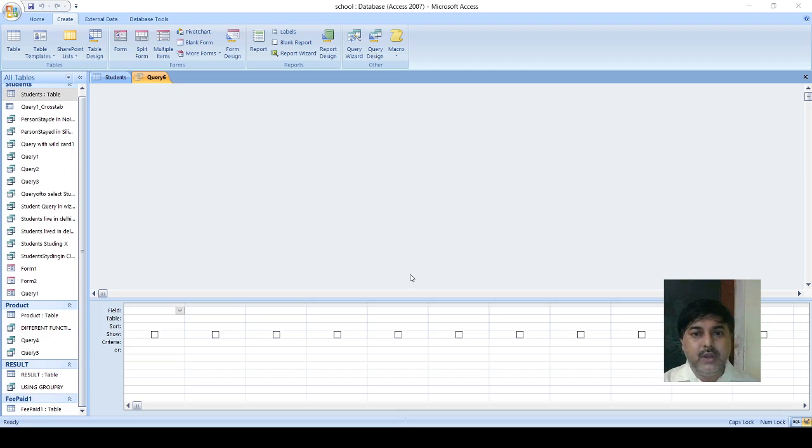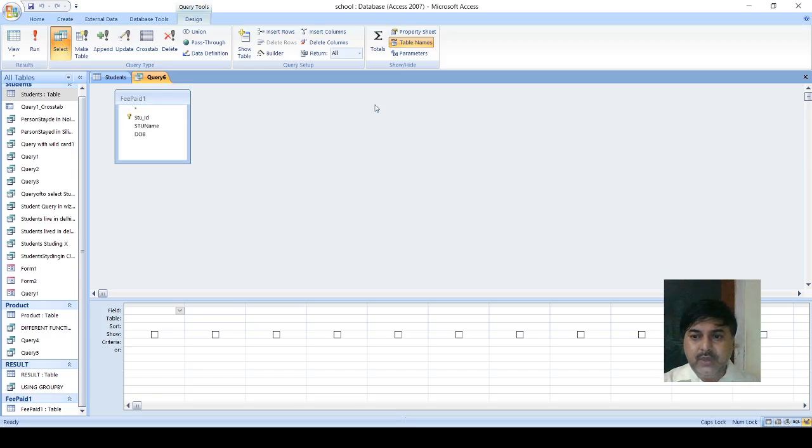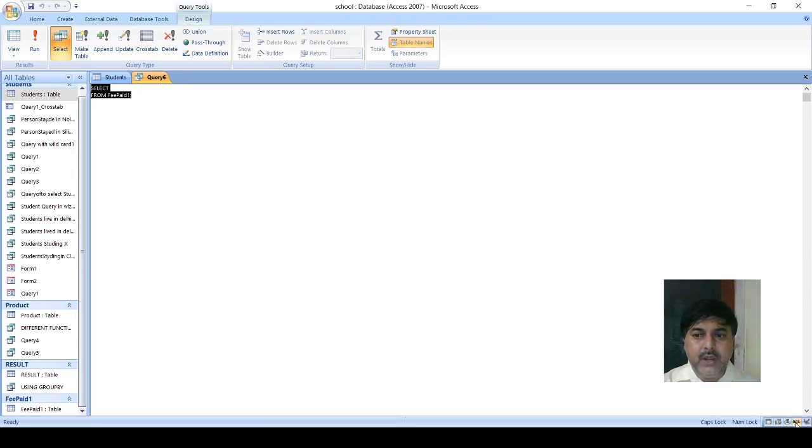After we click on Query Design, any table can be selected from here, and it doesn't matter, because actually we are going to make our own queries. See my cursor very nicely. See here, SQL View. Click on this particular SQL View. As you find the SQL view there, it will open, and you can write your commands and work on it.